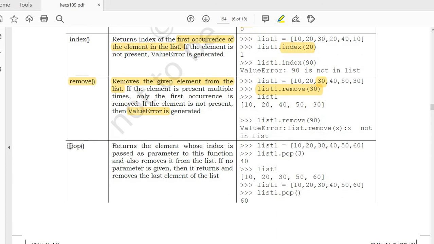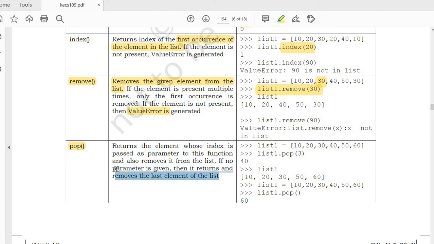Next is pop function. Pop function returns the element whose index is passed as an argument to this function, and it removes it from the list also. And if you are not specifying any parameter, then it returns and removes the last element of the list. That is also important.